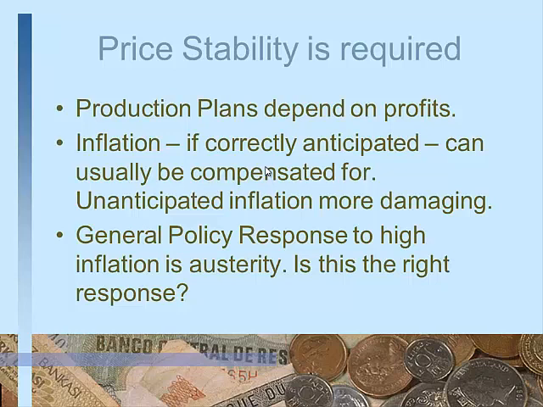What problems are created are by unanticipated inflation. So if there is high inflation, like in Pakistan, inflation has been picking up. Recently it was 3% last year, now it's around 6%. So the general policy response is austerity, which means you should tighten the budget, you should increase the interest rates. So the question is, this is based on basically sound finance principles, but as the textbook says, this is not the right response to high inflation.